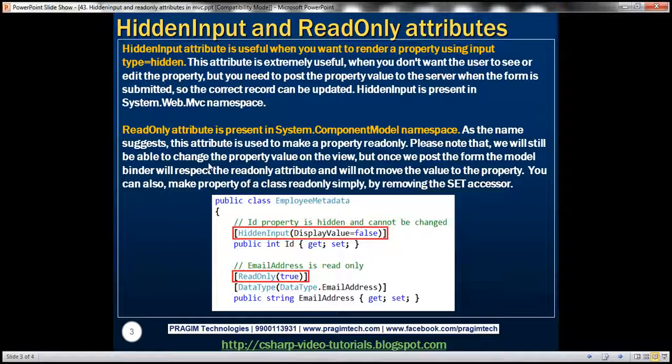The next attribute that we'll discuss today is read-only attribute. This attribute is present in system.componentModel namespace. As the name suggests, this attribute is used to make the property read-only. But please note that we will still be able to change the property value on the view itself. But once we post that form to the server, the model binder in ASP.NET will respect that read-only attribute, and it will not move the